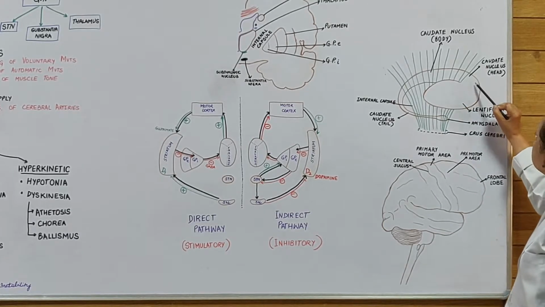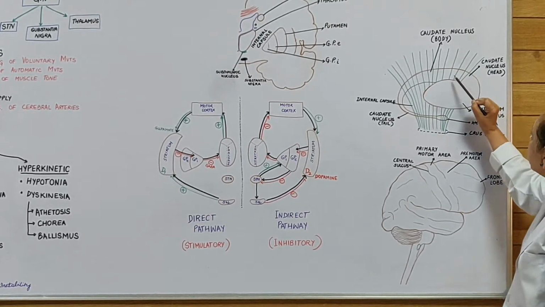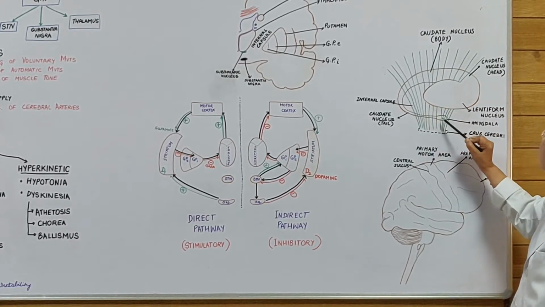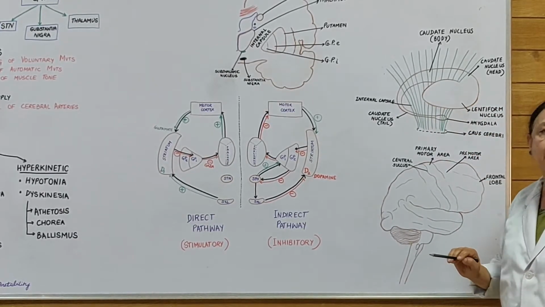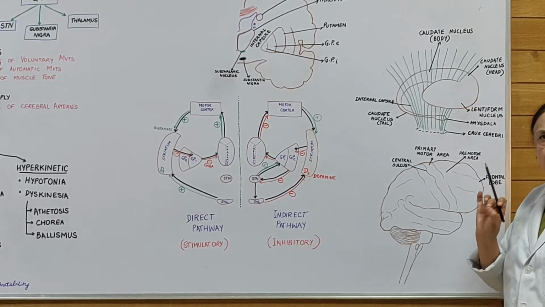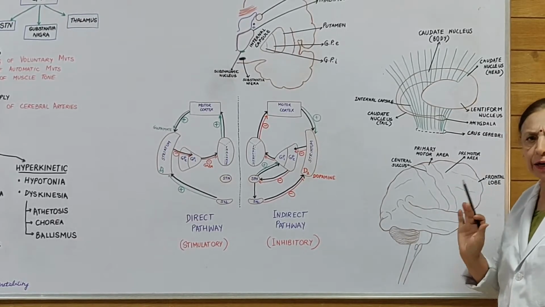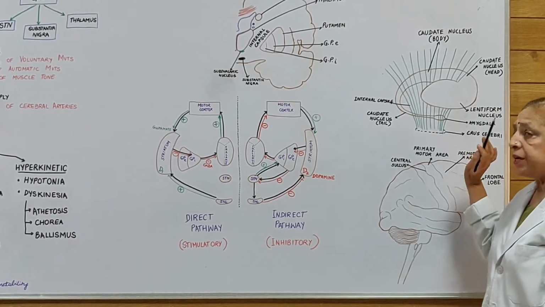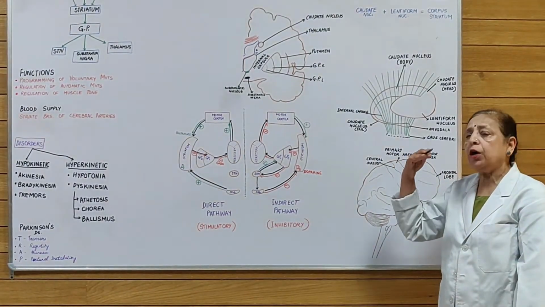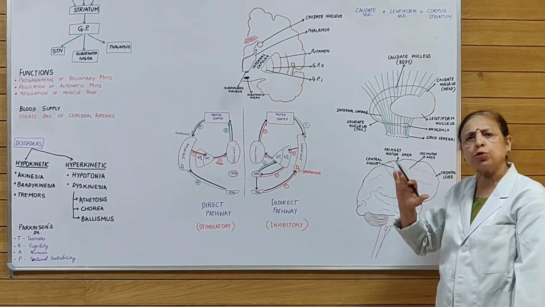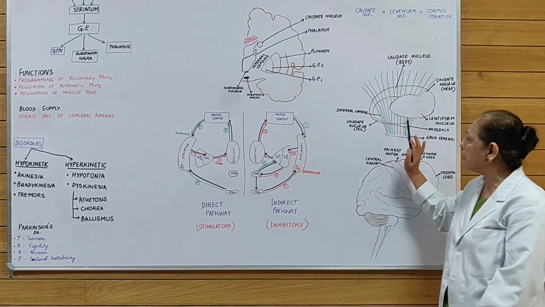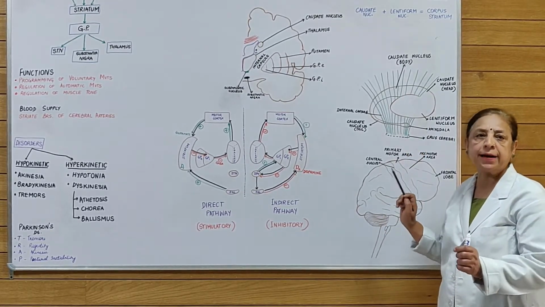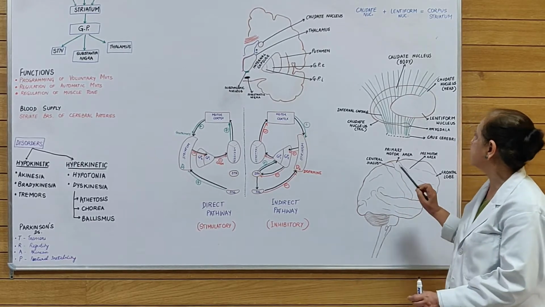So the caudate nucleus displays a head, a body and a tail, and at the tail it displays a swelling which is known as the amygdala. We shall just talk a little bit about the amygdala and be done with it. This amygdala belongs to the oldest system and it is associated with the limbic system. So that's all there is to it. We are only going to talk about the motor activity of the corpus striatum.